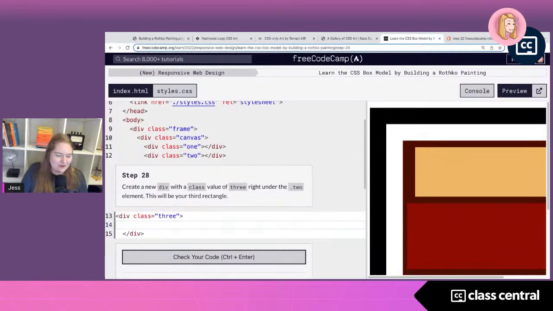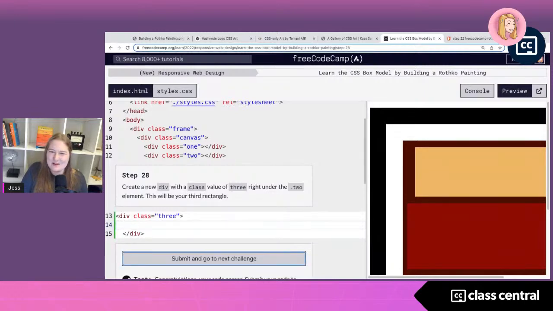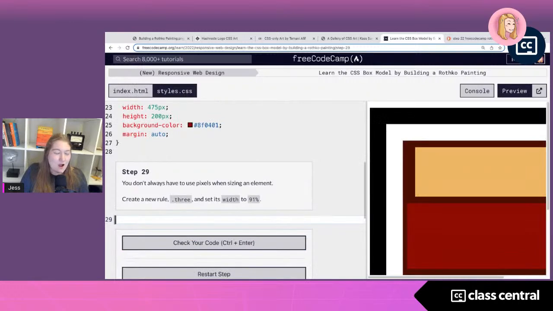So this is going to be our third rectangle. We've made an empty box called 3. Step 29 says, hey, babe, because it's our friend, it's very casual with us. Hey, babe, you don't always have to use pixels when sizing an element. Let's use